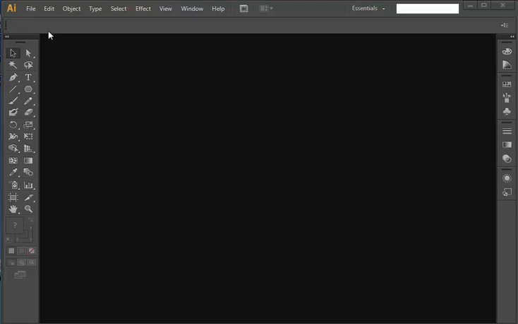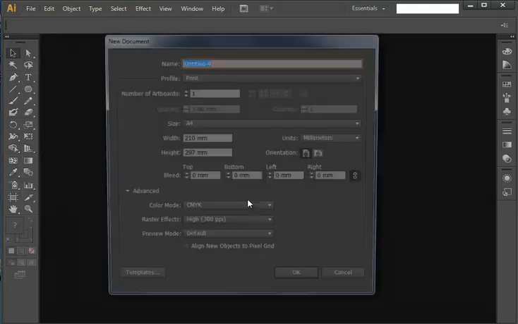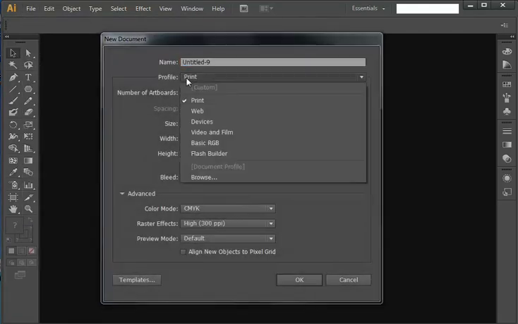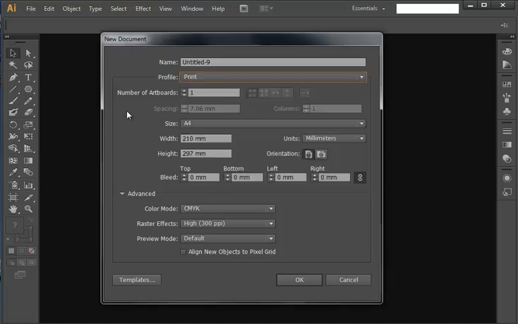Go to File menu and click New. In the Profile section we have an option to choose from these profiles. We can choose, for example, Print Profile or Web Profile for Internet documents. These profiles contain predefined values for this section of the New Document window. If we choose the Print Profile, the program will load standard A4 size, 210mm by 297mm, and set the page